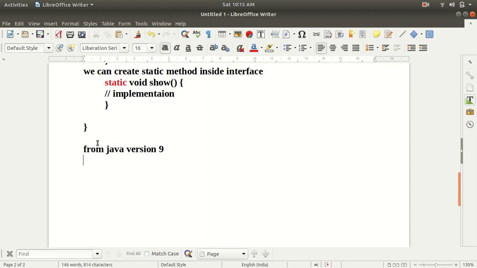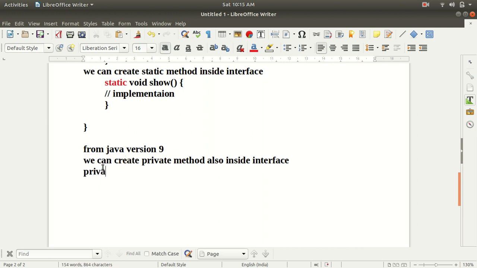So guys, from the Java version 9 we can create a private method also inside an interface.